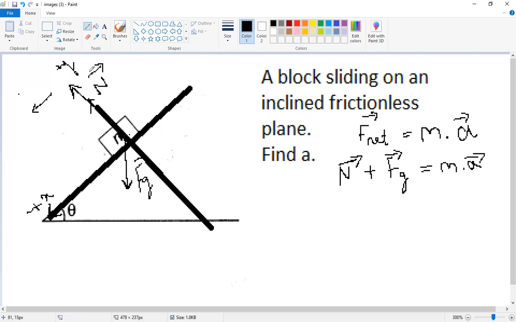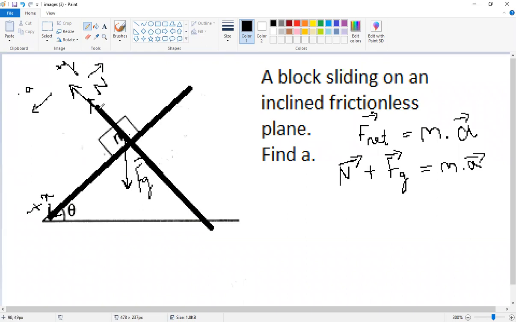And this axis is for the y-axis, okay? And this block here is moving along what? It's sliding towards the positive x-axis, okay? In this direction. It's sliding in this direction. So it's accelerating along this line, okay? Now, if we want to put the components of each force or each vector, let's take a look